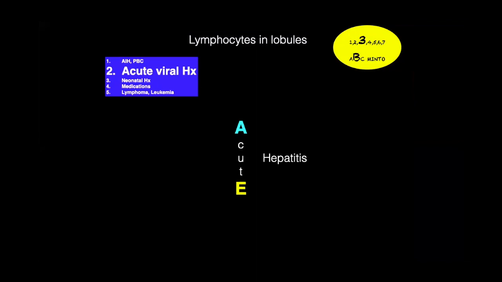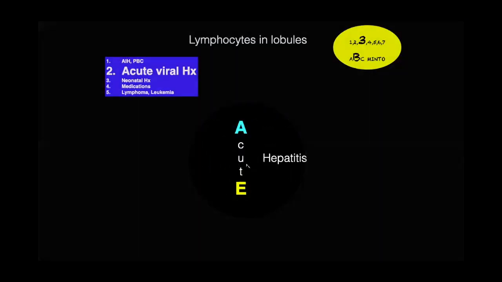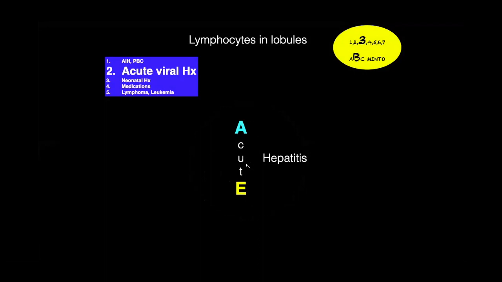Coming to acute hepatitis, you all know A and E cause acute hepatitis. This is a nice thing. A and E cause acute hepatitis. But how many times will we see acute hepatitis? It's very rarely seen. Biopsy for acute hepatitis is done very rarely. So that's why we are not seeing that many acute hepatitis in real life. But please remember hepatitis A and E.